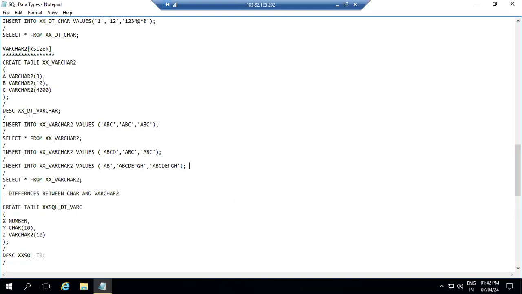Under the types of data types, we have the number data type, the character data type, the long data type and the date data type. Yesterday's class discussed only the numeric or number data type. Next, we discussed the character data type, right? So under the numeric data type,